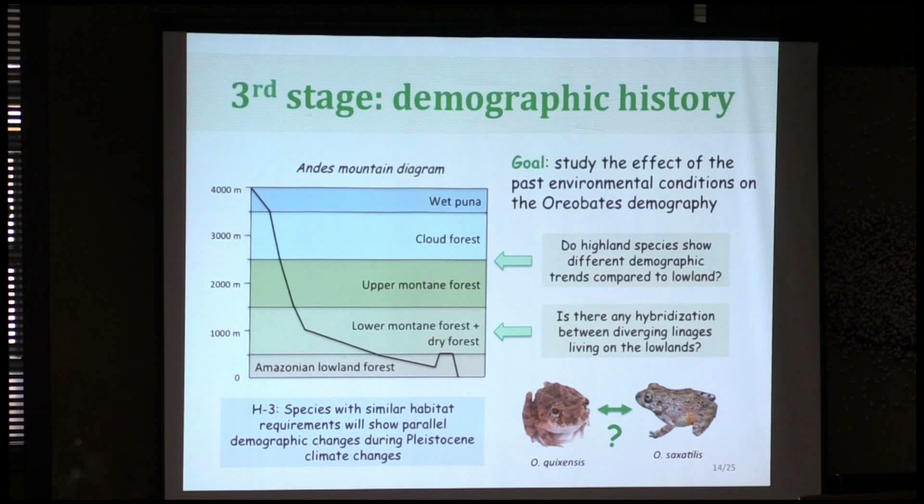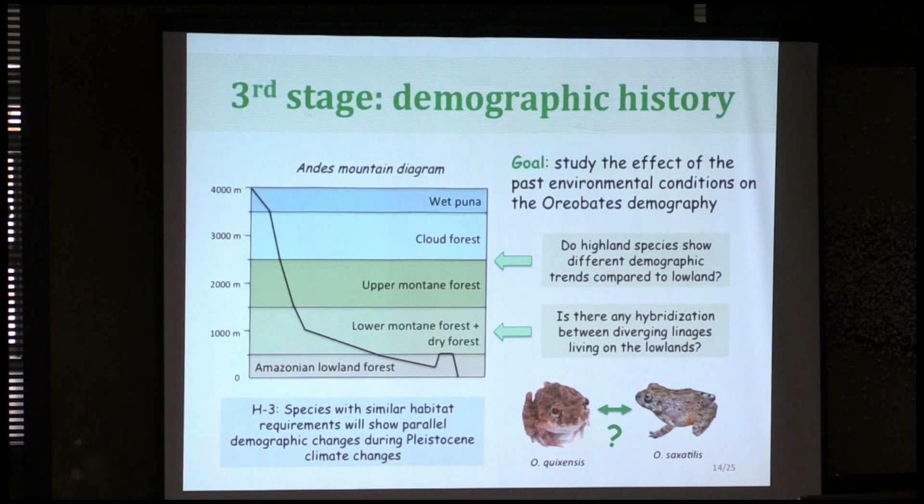to survive somehow, and it's hypothesized that the populations were increasing and decreasing following the glacial cycles. So we want to test if that's true, if the species of Oreobates that inhabit the highlands have different populations, how do I say it? Well, you understand what I mean. If the population has been changing differently through time compared to the species